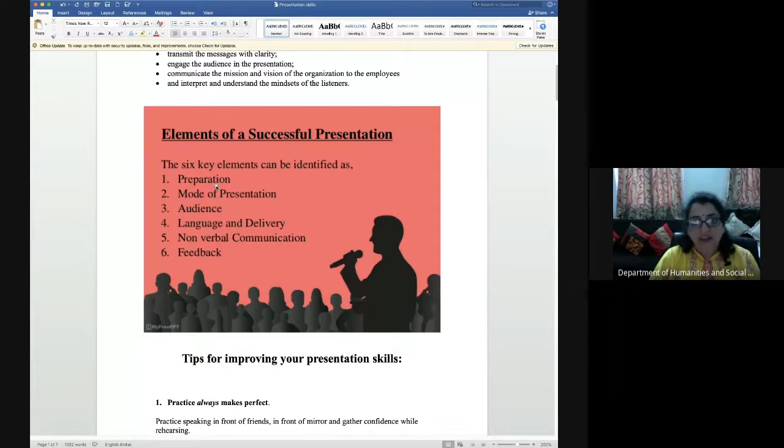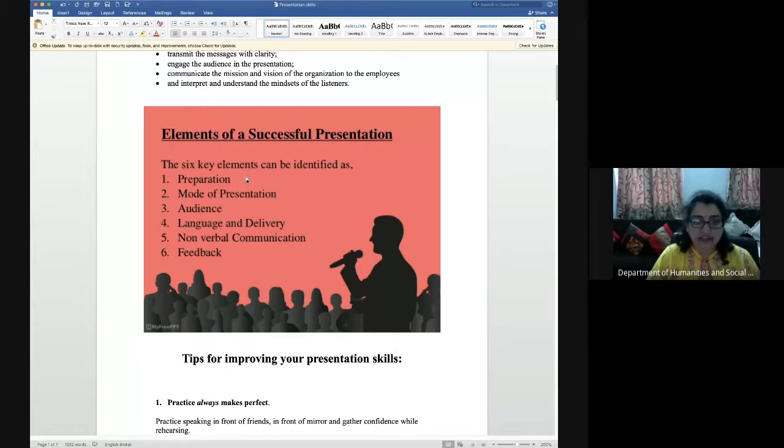Preparation, that is how you have to prepare your presentation. For preparation, you first have to collect the information. A lot of information has to be collected so that you are ready to give the lecture. It could be a variety of data you should be holding, and there should be immense information, and the collection of data should be vast, so that if anybody asks a question from anywhere according to the topic, you should be able to reply. So this is the preparation you have to do.